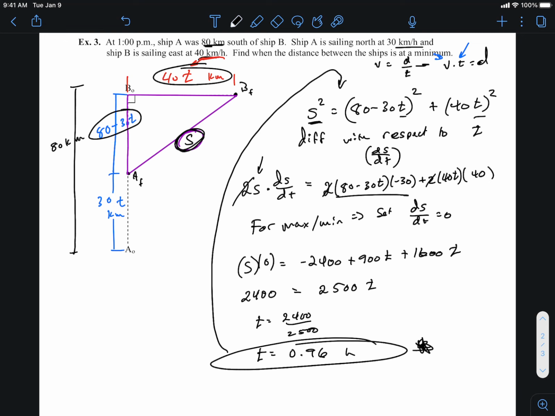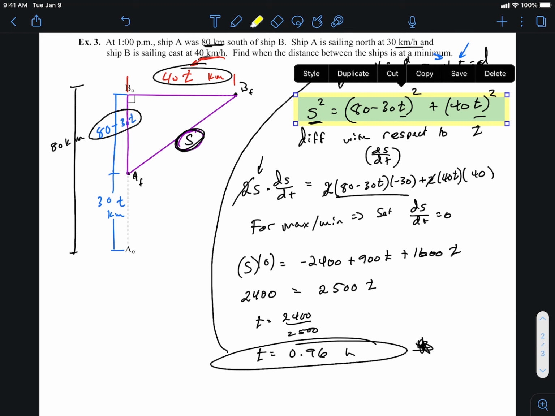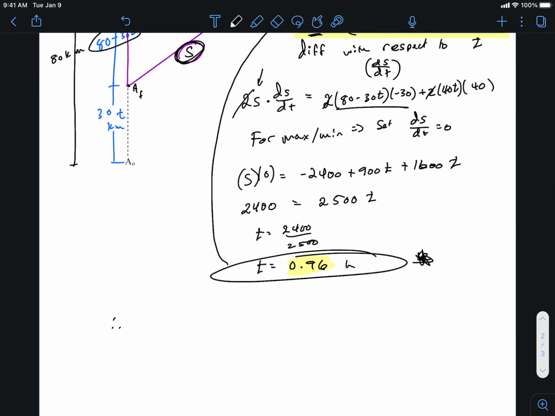This is your equation that represents the distance. If you substitute the t value back in there, you'd get the actual distance. That's how you would do that. All right, so we could write a little therefore statement. Therefore, the time